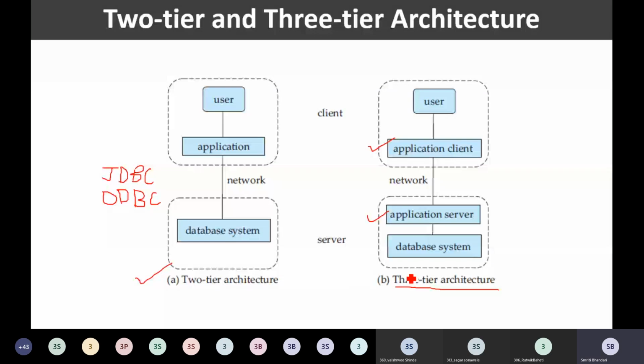So I hope you have understood the concepts that we discussed in today's session. With this, we are concluding part 1 of unit 1. In part 2, we are going to focus on the ER model and how to draw the ER models or ER diagrams for real world applications. We are going to discuss all those details in part 2 of unit 1.